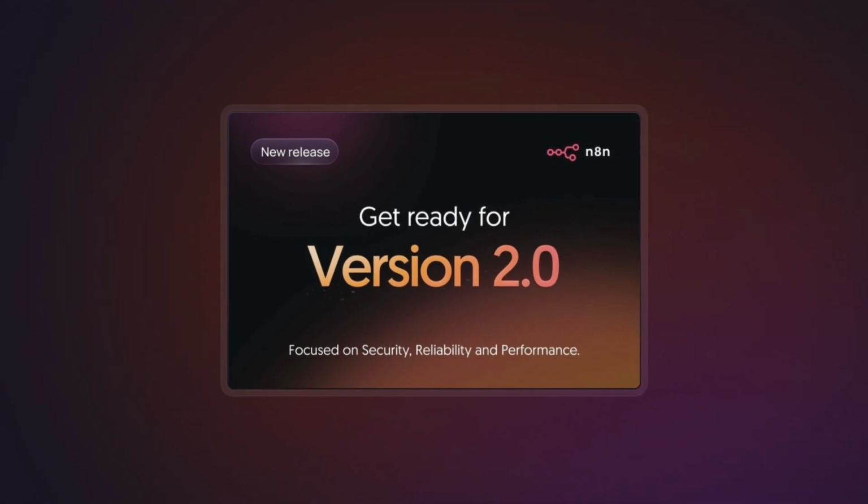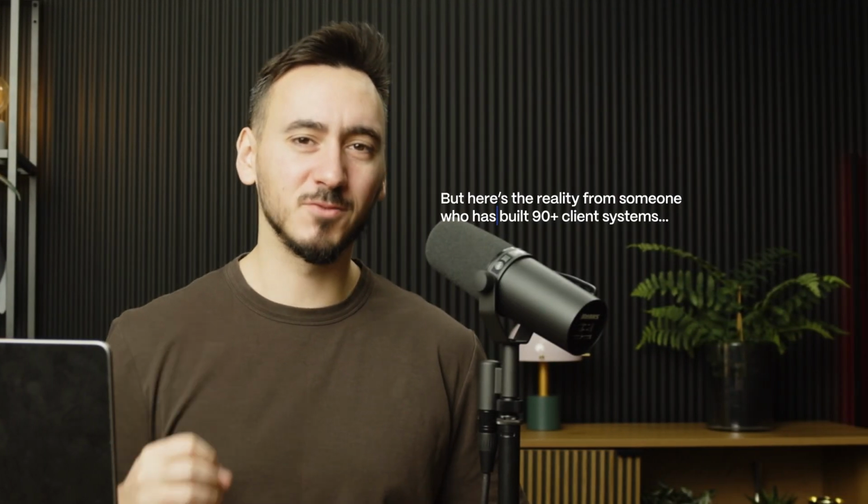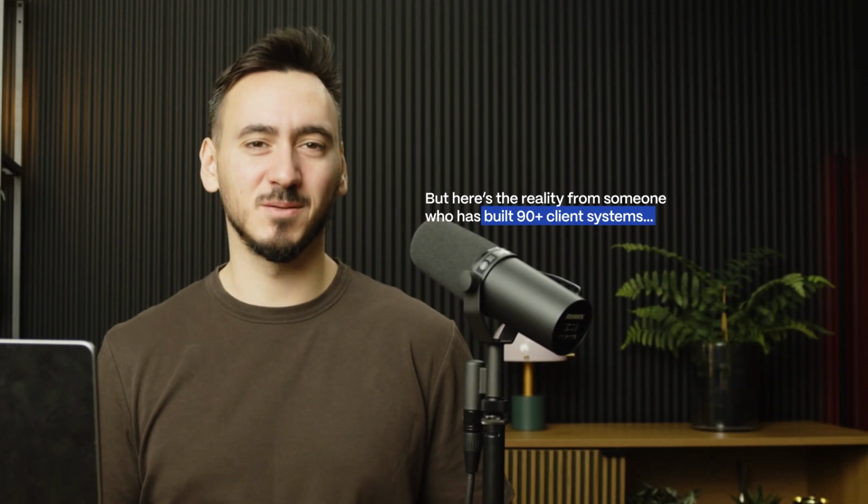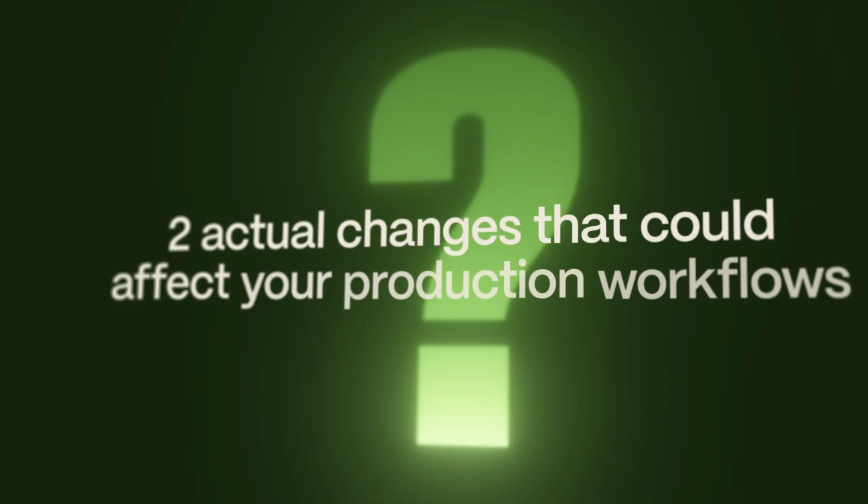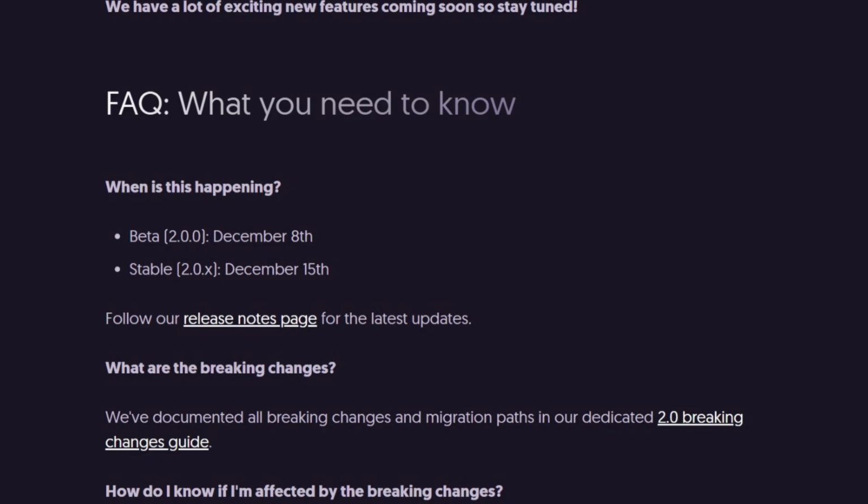n8n 2.0 is launching soon. But here's a reality from someone who's built 90+ client systems. 99% of the changes are backend infrastructure that you won't notice. But there are two actual changes that could affect your production workflows: Python code sandboxing and subworkflow requirements. If you use either of these features, you need to know what changed before the automatic rollout hits your cloud